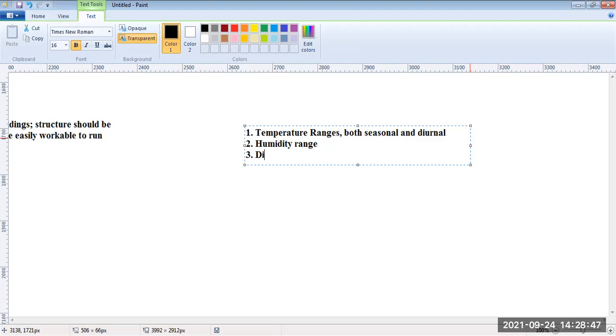Third is direction of cool breeze. Diurnal is day and night humidity range, seasonal characteristics, including all the extreme weathers that you can experience, and impact of local geography,